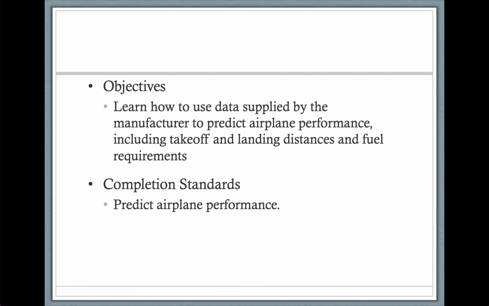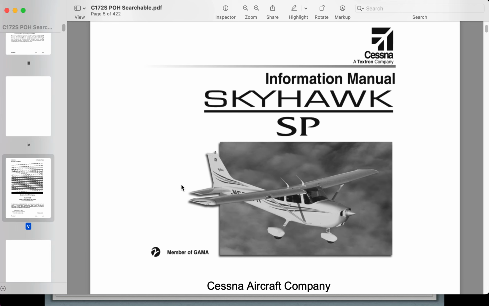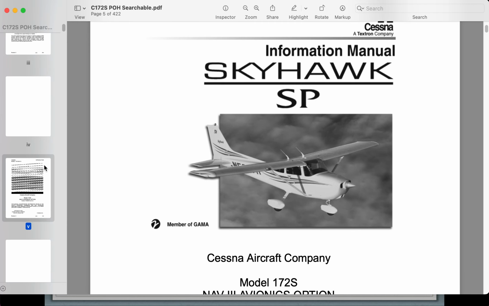The objectives of this video and this lesson are to learn how to use data supplied by the manufacturer to predict airplane performance. So if you build your own airplane, this might not help you out very much because you've got to make your own charts if you do that, right? But fortunately for you, Cessna, when they made the aircraft, figured out how well it would perform and put it in the POH for you,